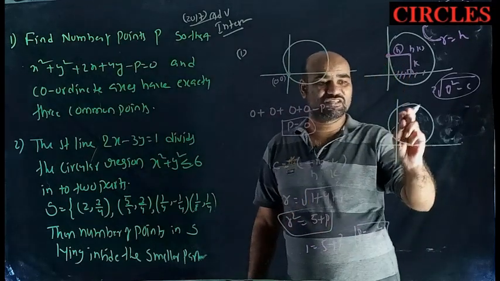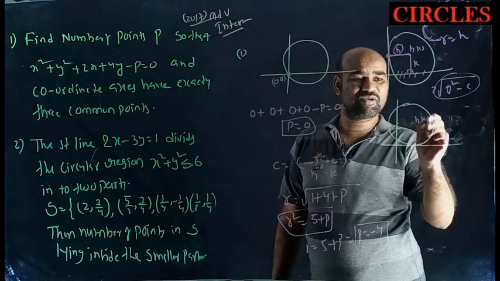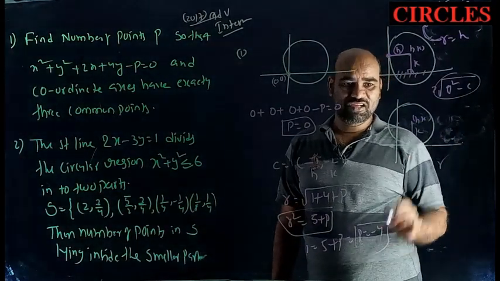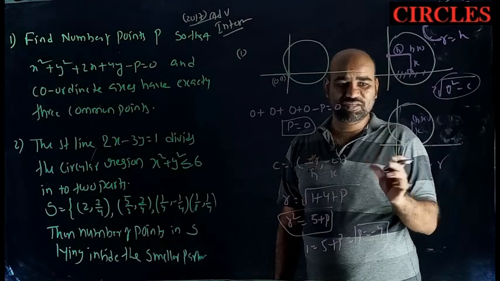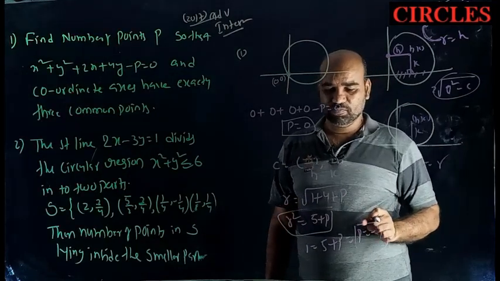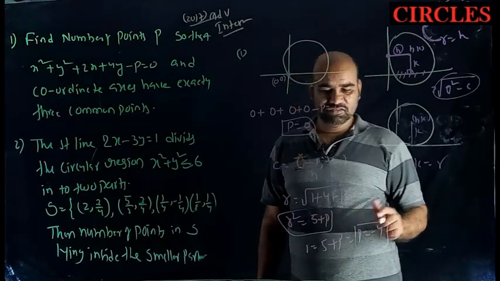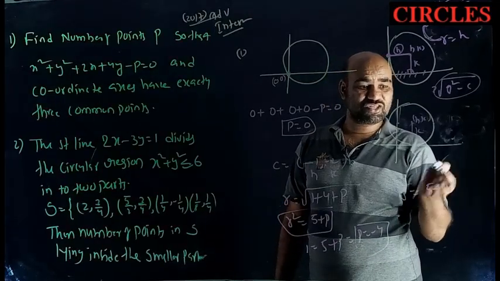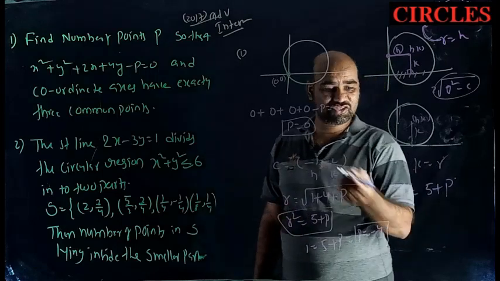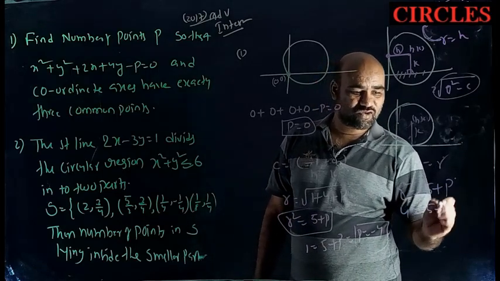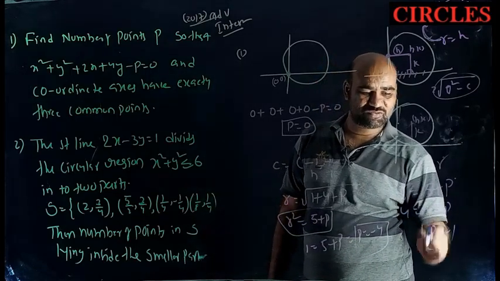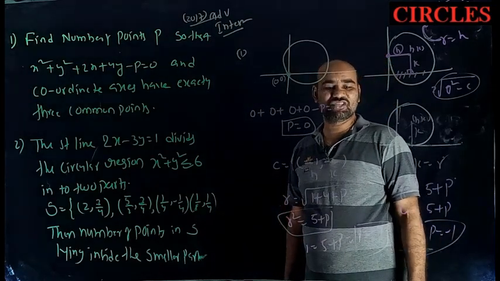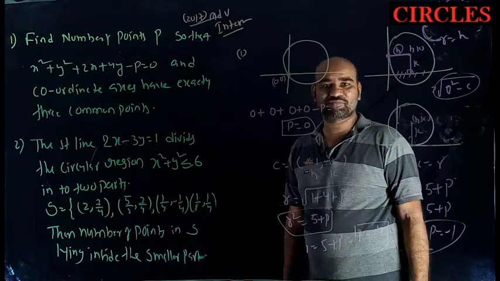So in this situation, for example, (h, k) is the center. This is k. Now k becomes the radius, and you should have some y-intercept and the x-intercept should be 0. Okay, so what happened here? r square equals 5 plus p. So instead of r, k means -2. (-2) square, 4, equals 5 plus p. Then p equals -1. So there exist three different values for p: one of them is 0, another is -1, another is -4.